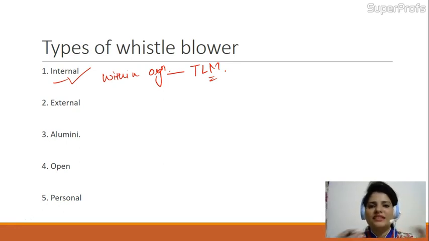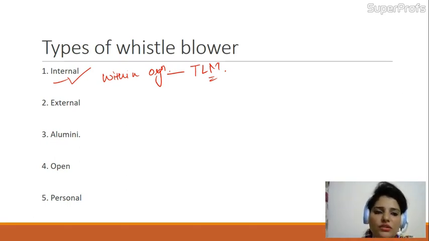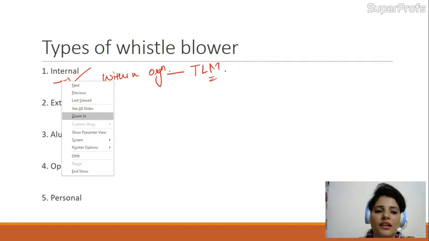So in this kind of situation, in this kind of whistleblower, what is happening? The internal person from the organization is raising his voice against the wrongdoing of a person from the organization. So this type of whistleblower policy is known as an internal whistleblower. Now the second one is